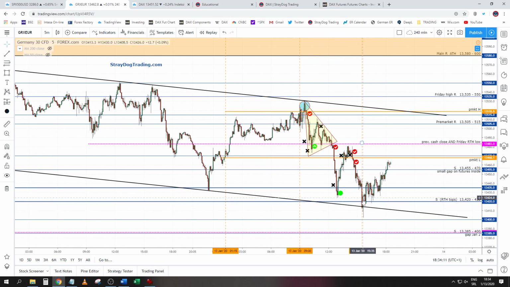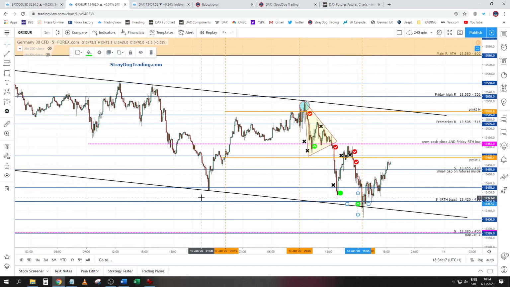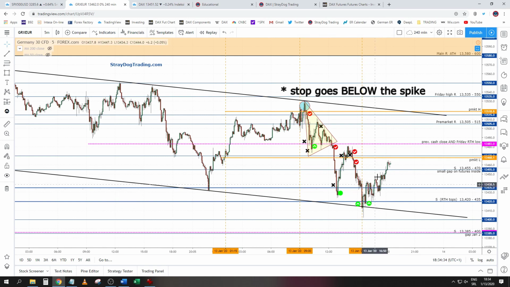Aggressive buyers will buy this immediately with a bigger stop, or if you want to wait a bit, wait for it to go above the trend line, wait for it to take a stand there in this zone, and then go long. In this case, your stop goes here just above this spike, and again you're holding toward the pre-market low. So that would be it for today about these